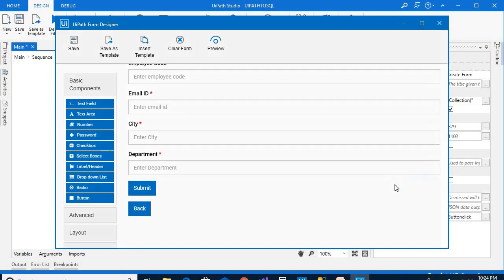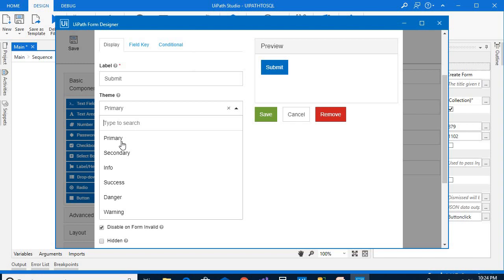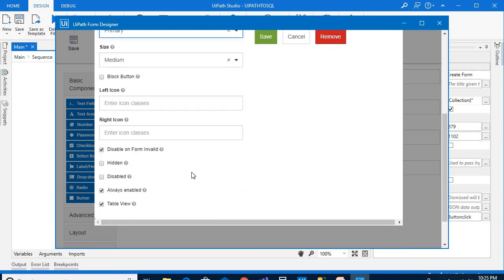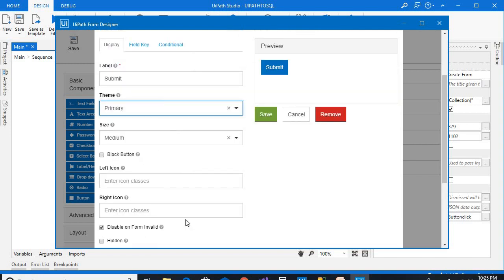Now in the submit button I have given a theme as primary, size medium, and don't forget to click this checkbox, that is visible on form invalid. It will help to create the validation process. If any field is invalid, like the email ID is invalid, then this button will be disabled.